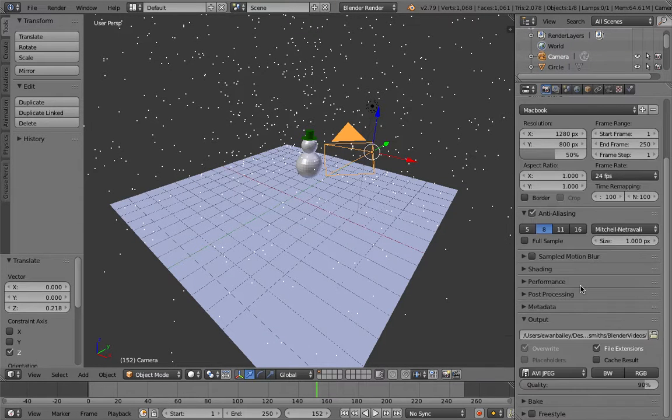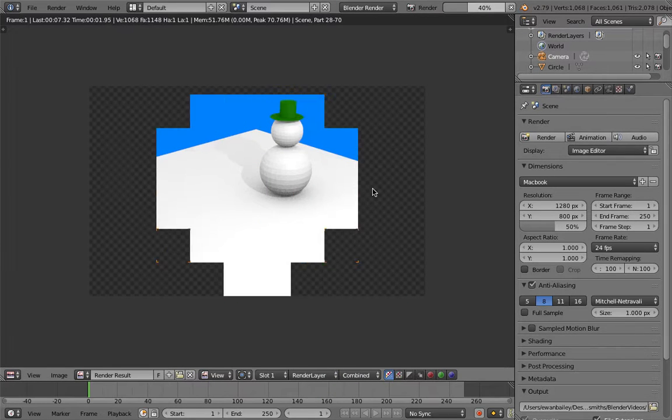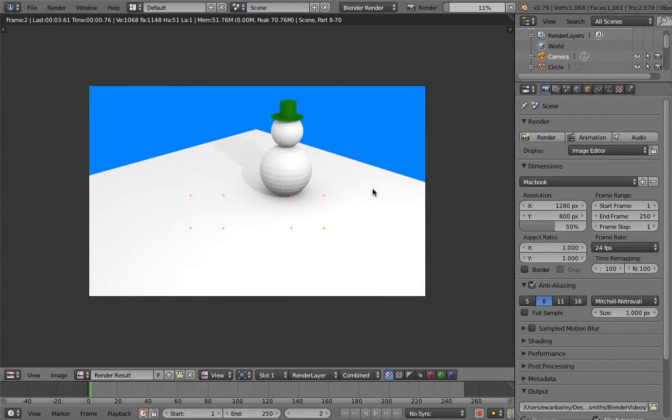So now I've done this, it's pretty much everything I need to do. So I'll start animating it, and once it's rendered, I'll